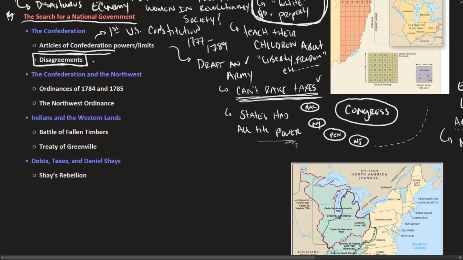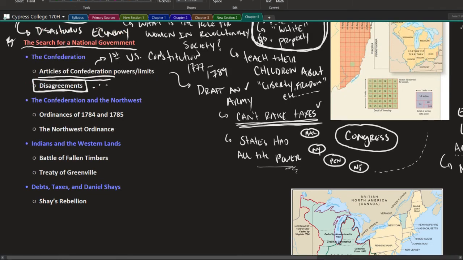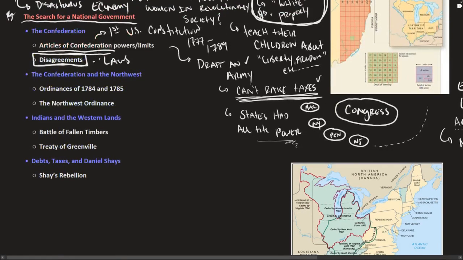One of the big ones was how voting was done. Well, let me take that back. It's not really voting. It's, well, we'll just say laws. All right, we'll talk about that more, though. Disagreements about this. One thing that the treaty did do right, though, when we look at the articles,